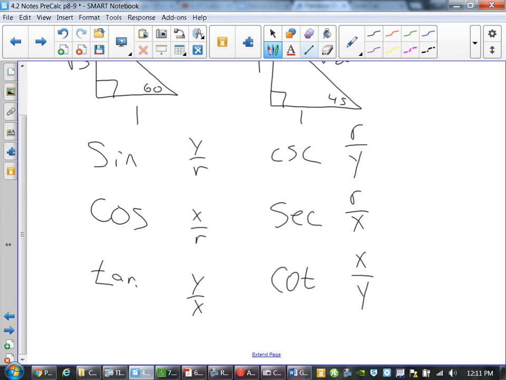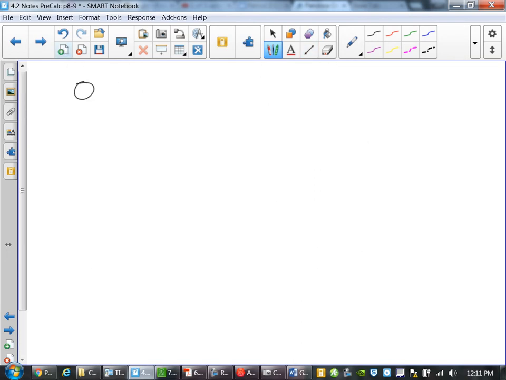Now, when I was talking about yesterday, asking you guys to find the values on the quadrantals, I was asking you to go through the 6 trig functions that you get at 0, pi over 2, pi, and 3 pi over 2. So this was at 0. If I'm looking at the quadrantals and I want to write out the 6 trig functions at 0, well, 0 has the ordered pair of 1, 0,